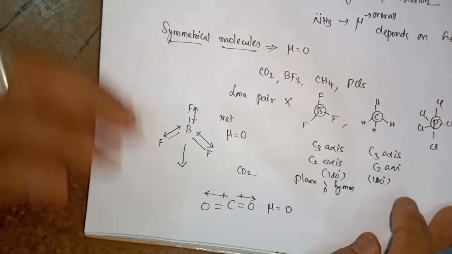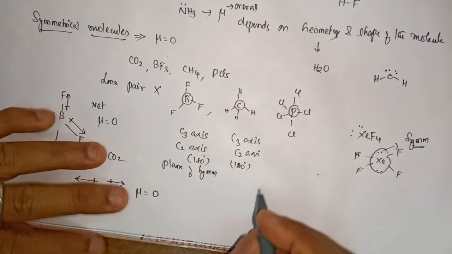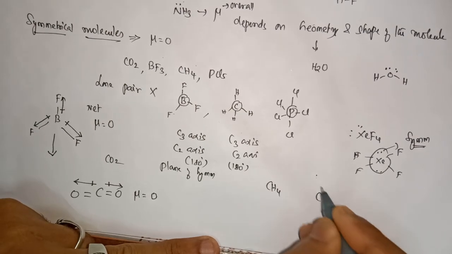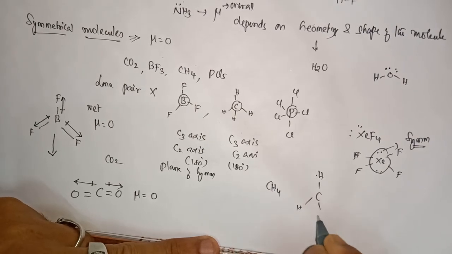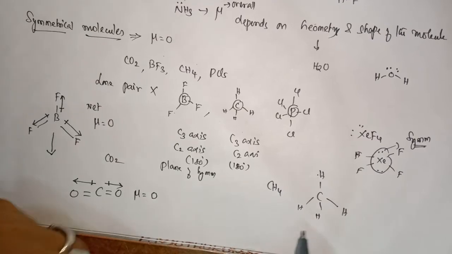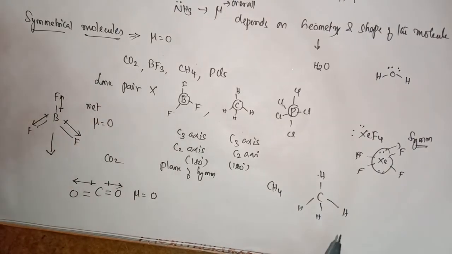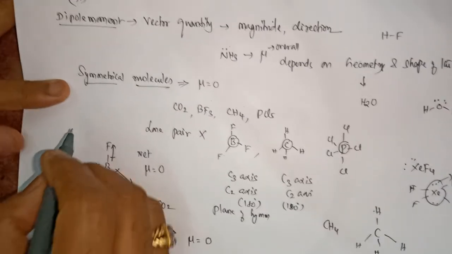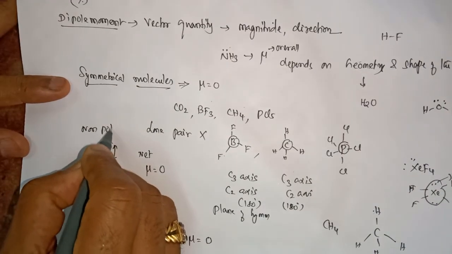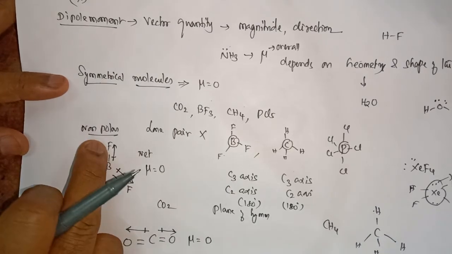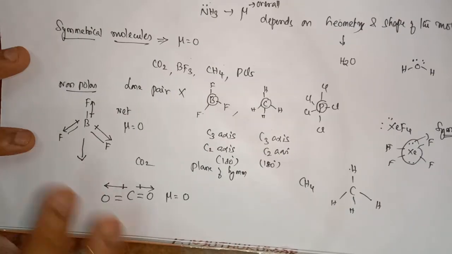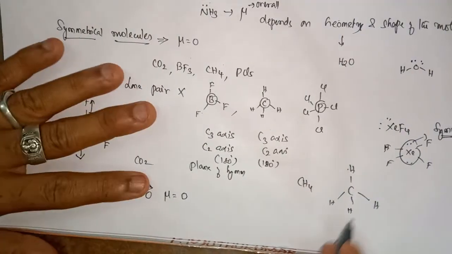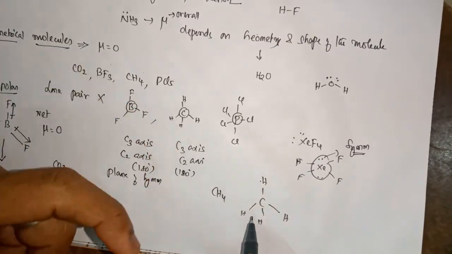If I take CH4, it is C, it is H, it is H. Here is a shortcut way for finding whether this molecule is polar or not. If the molecule is symmetrical, we will have to say it is non-polar. If it is polar, it has a dipole moment value; otherwise it is non-polar. Each bond is polar, but overall it is non-polar. Here, you find out whether it is symmetrical or not.